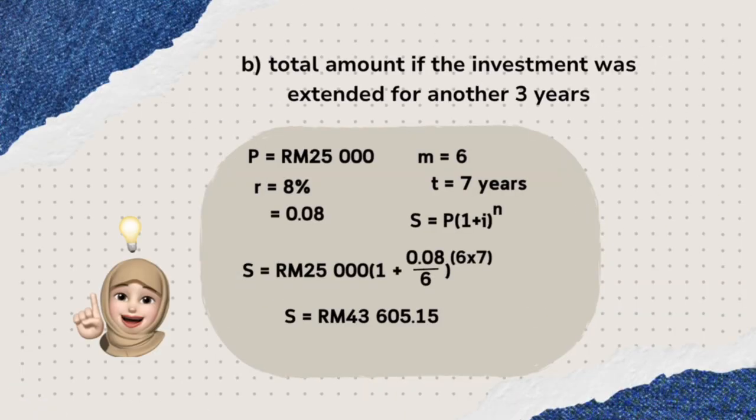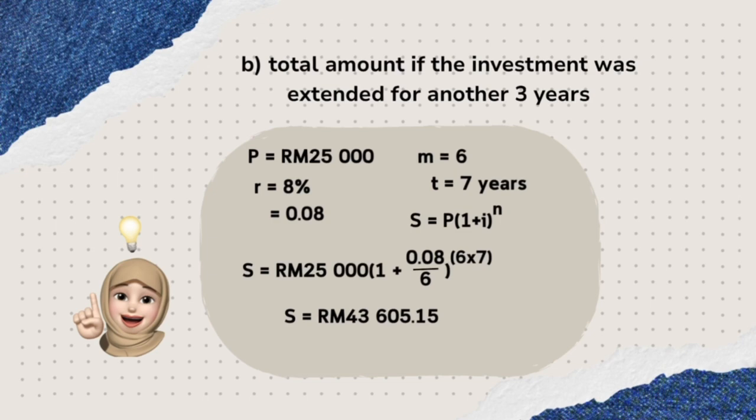B. Total amount if the investment was extended for another 3 years. The information is the same as question A, but T will change to 7 years, and the formula used is S equals P(1 + i)^n. We substitute the information given into the formula, so it becomes 25,000(1 + 0.08/6)^(6 × 7), and S will become